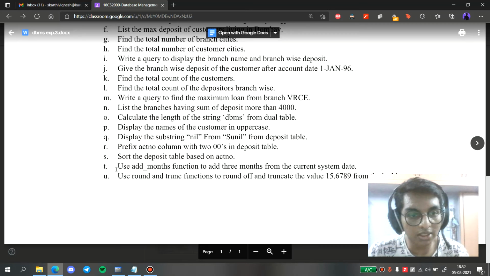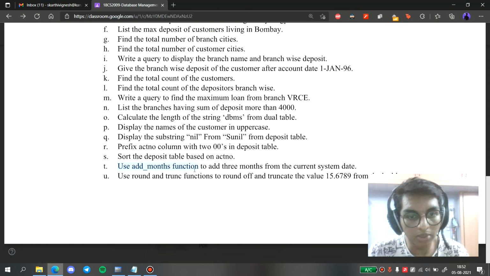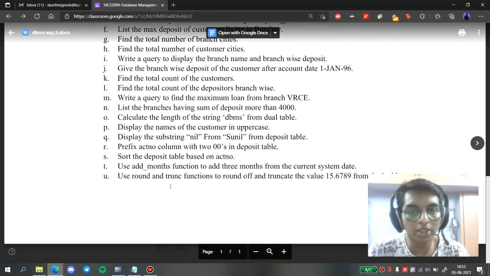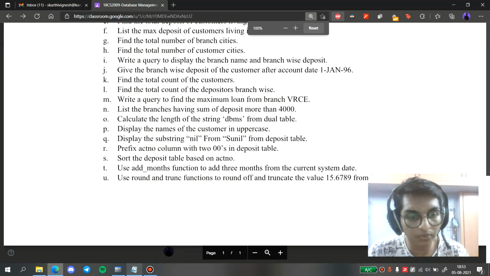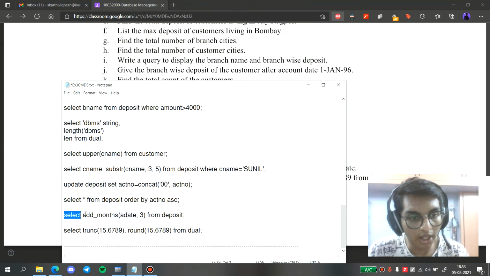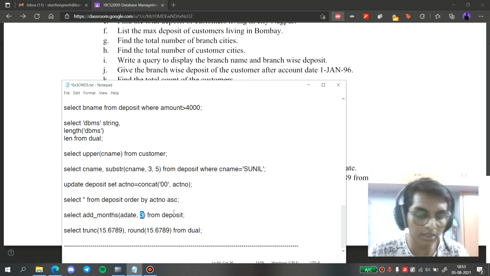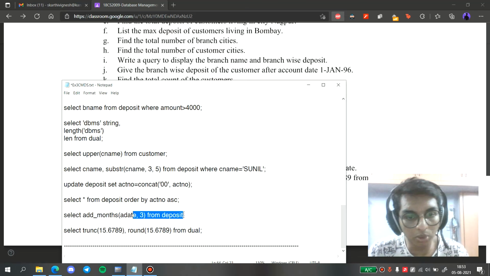So the next question is to use the add months function to add 3 months to the current system date. It's pretty straightforward. We are just going to give select add months to the date, and we are giving 3, which means 3 months. We have to add 3 months from the table deposit.